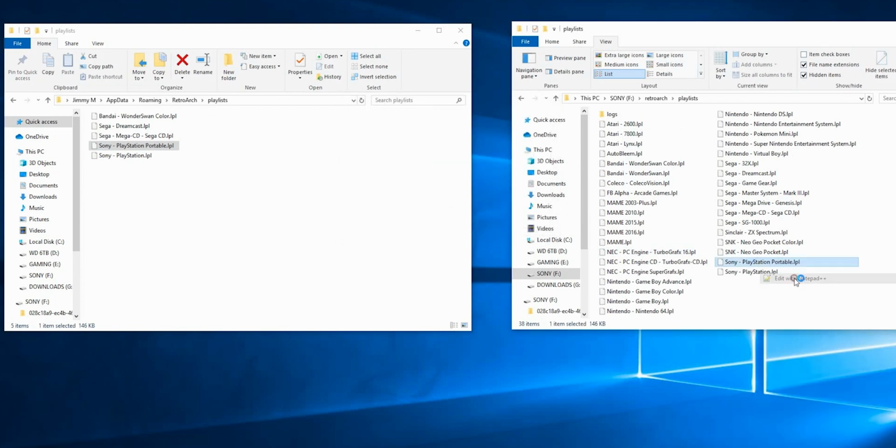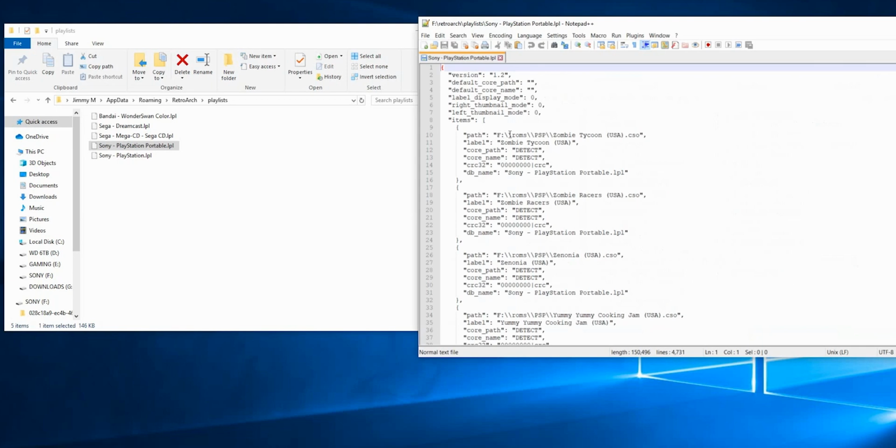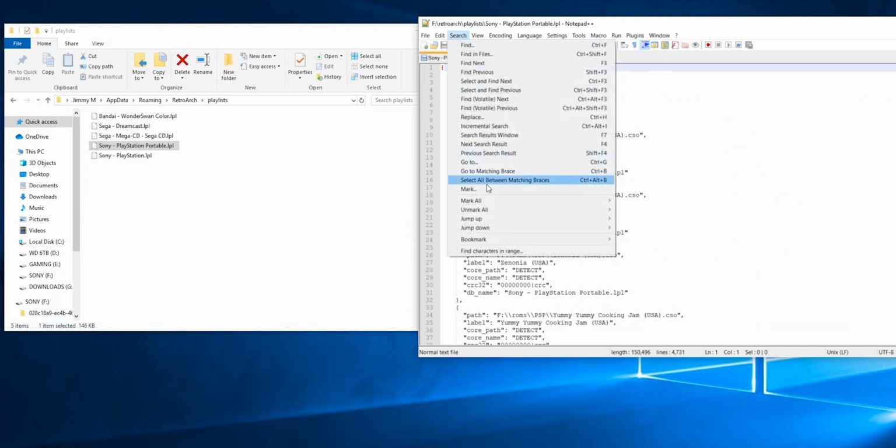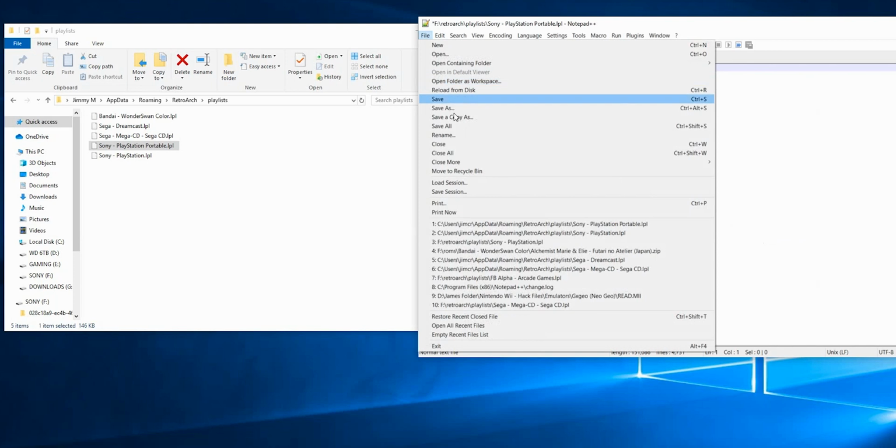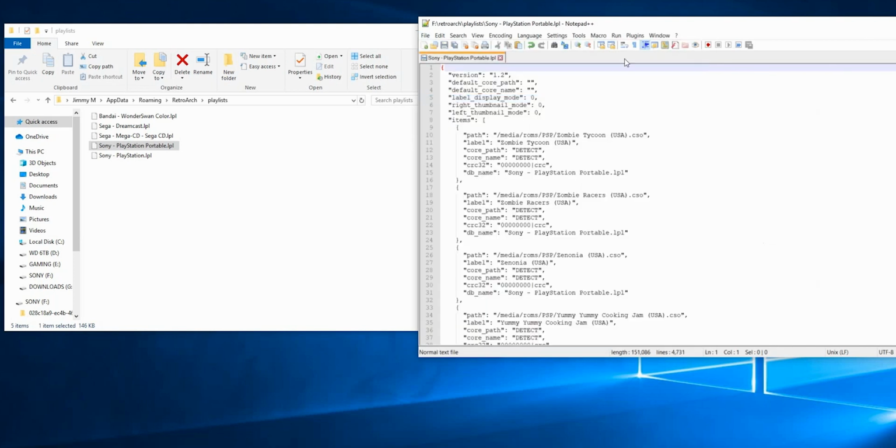Now we need to edit this with a program called Notepad++, link in the description below. So I'm going to go to Search, Replace, and I want to replace both of these backslashes with a /, all of them, replace all. The next thing I want to do is tell it where to find the proper directory. So I want to replace F: with /media. Replace all. You can close that and make sure you hit save. You can close Notepad++,